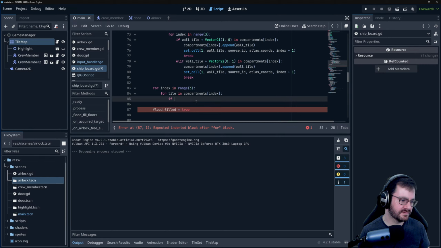If the tile plus this are not in our compartments,